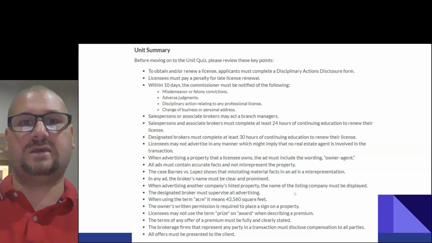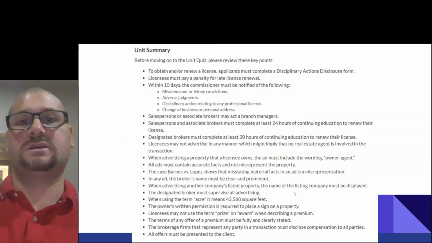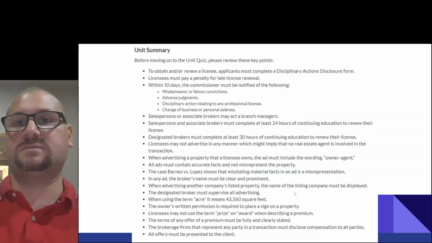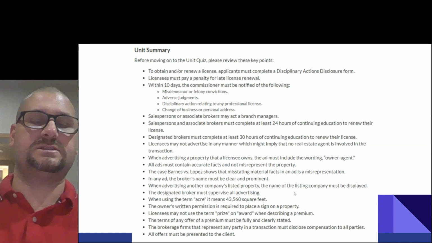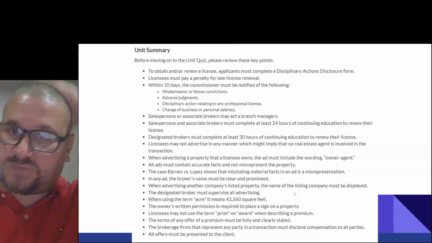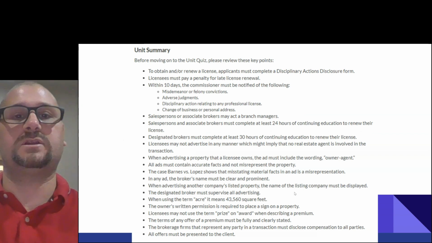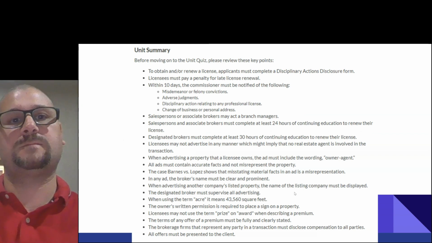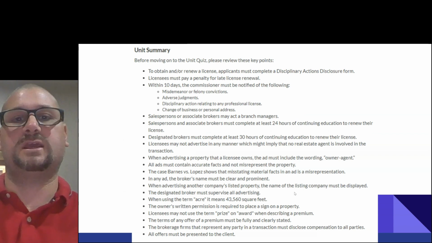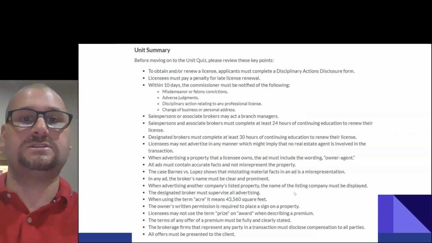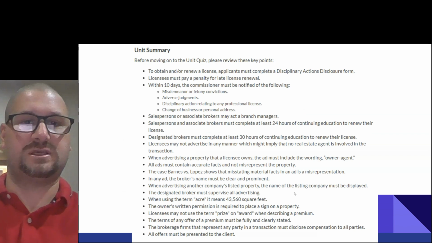To obtain and or renew a license, applicants must complete a disciplinary action disclosure form. Licensees must pay a penalty for late license renewal. Within 10 days, the commissioner must be notified of the following: misdemeanor or felony convictions, adverse judgments, disciplinary action relating to any professional license, change of business or personal address.